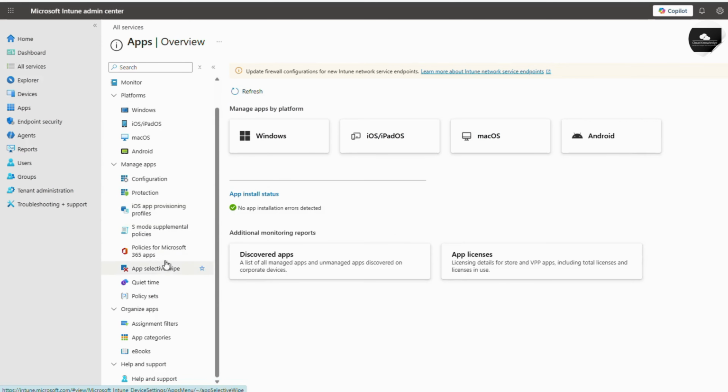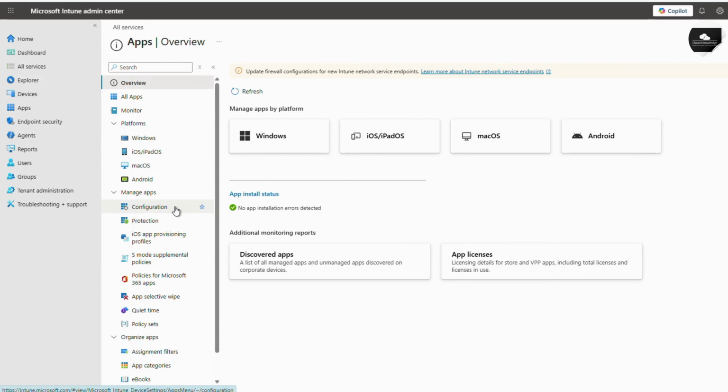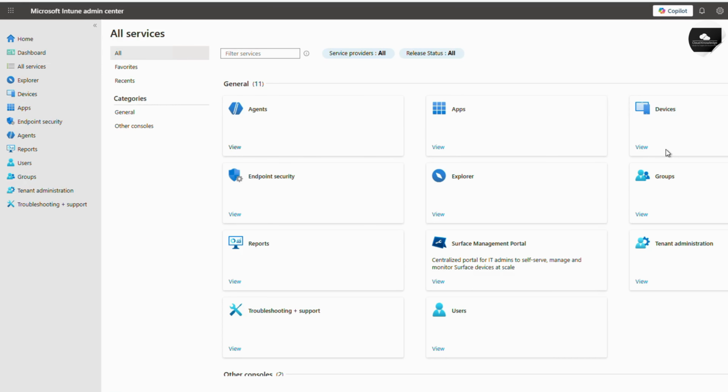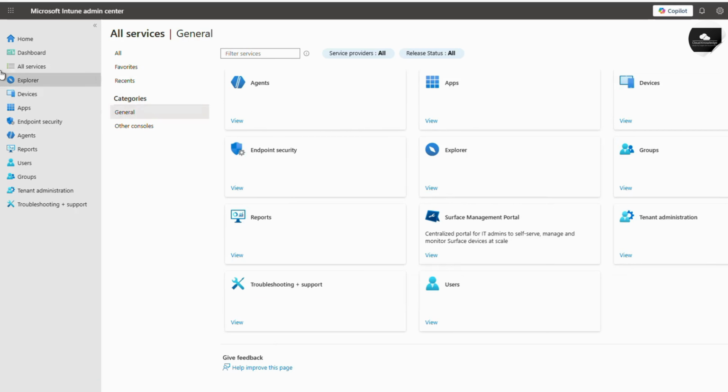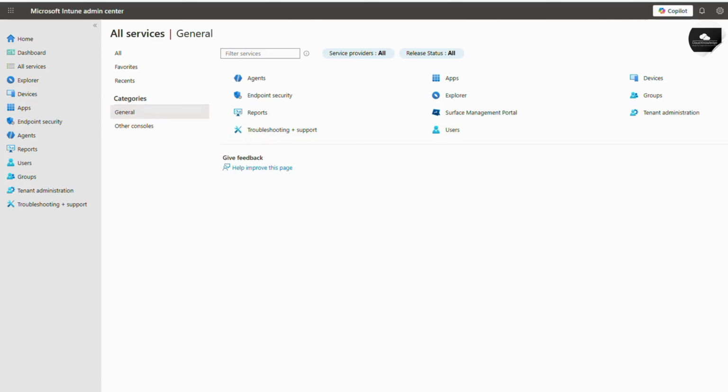Based on the configuration and 365 policies, you can apply all the services related to the application that you want, that you can find over there in the application section. Okay, if you go back to this again, then you have devices, endpoint security, groups, reports, tenant administration, users. So all these are there on the right hand side also. All the details that we have, the same we can find here and in our all services section also. Okay,